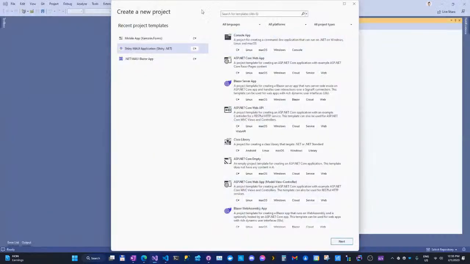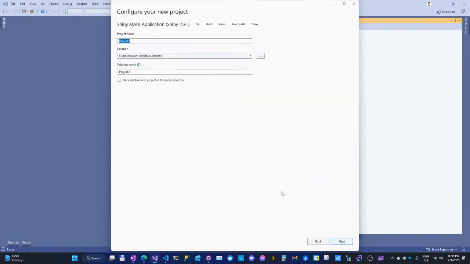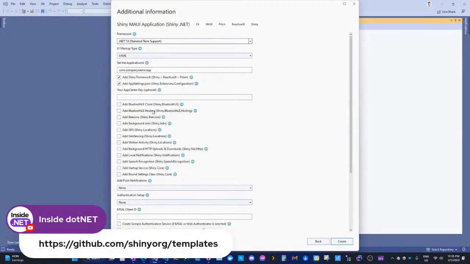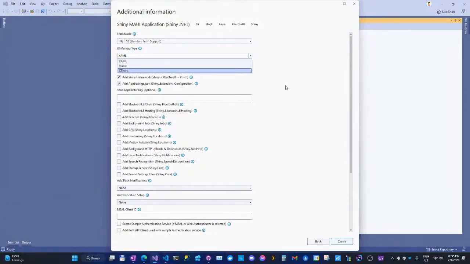Let's see here. I have already installed these applications, so I'm going to run next. This is all of the things, at least in this top section, that this template will do for you. You can set up your XAML, Blazor, C# Maui application. I only support .NET 7 right now. It's just easier than trying to support 6 and 7 and classic Xamarin. It's a bit of effort.